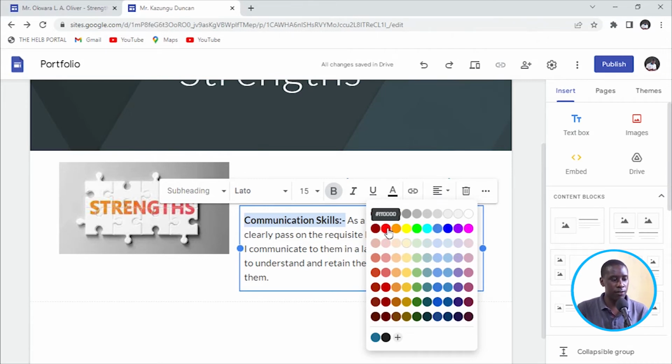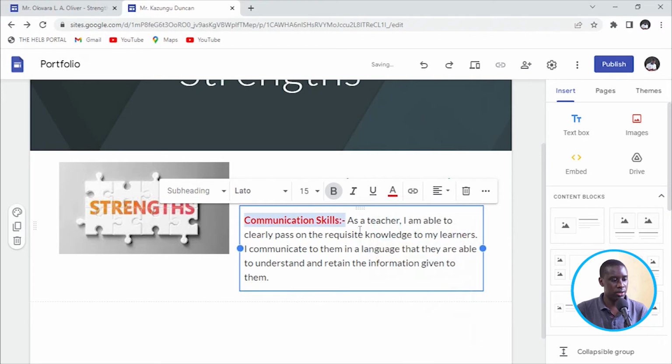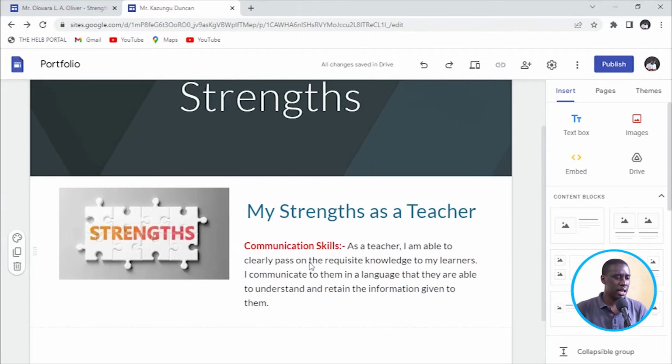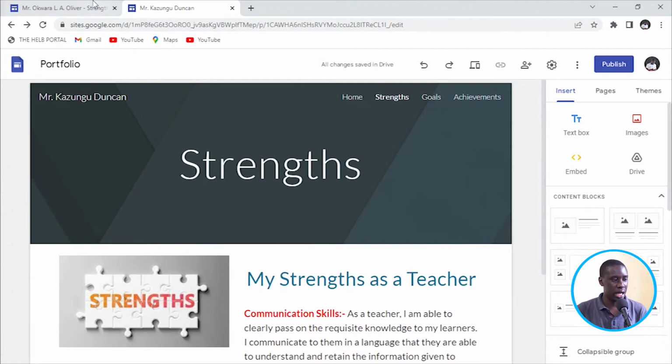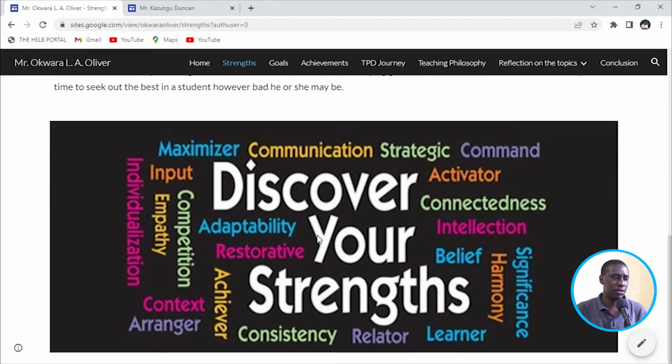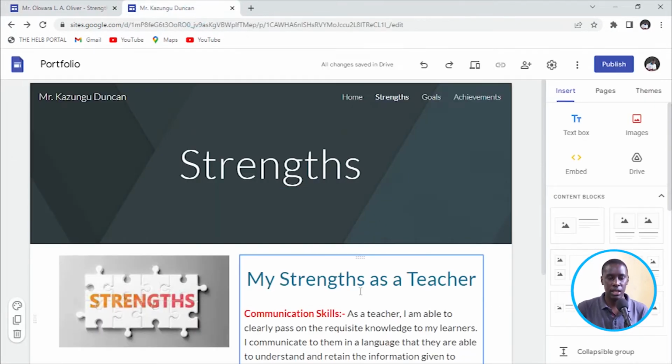The code is FF0000. That is for red. I'll just click there and it changes to red. You can edit it as you wish to edit it. All right. So this, I think for this page, I'm already done. You may want to copy all the other information, but the difference is the same. The good thing you have to know is how to edit this to suit